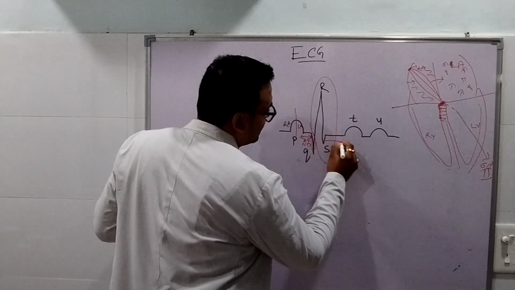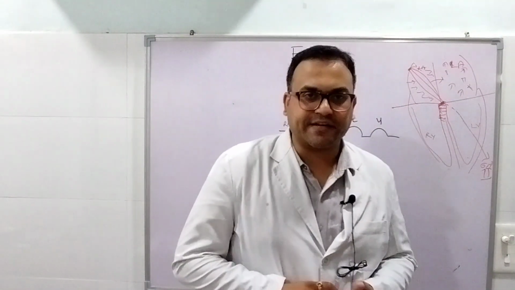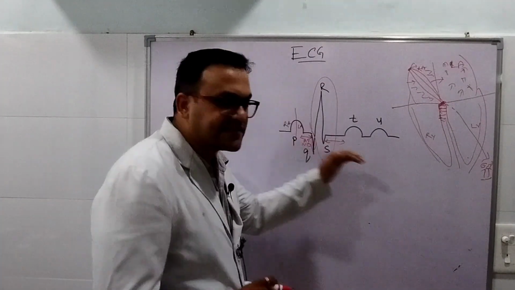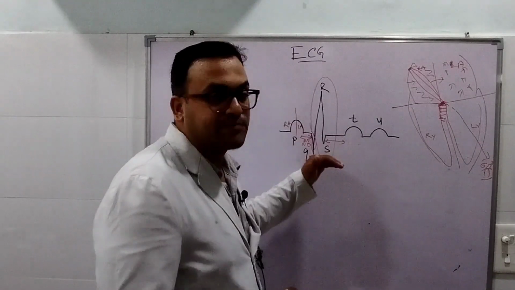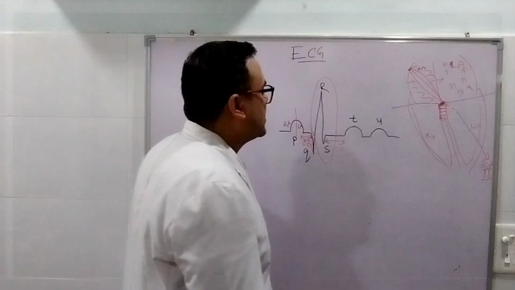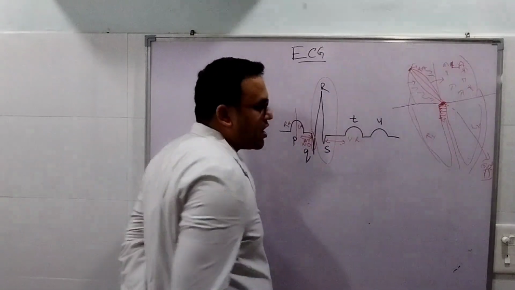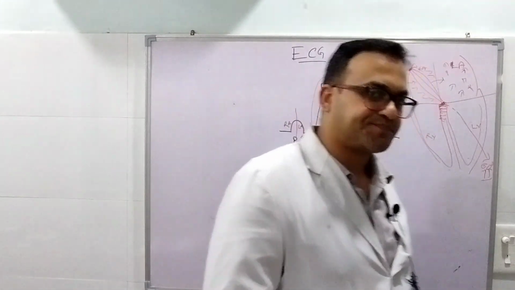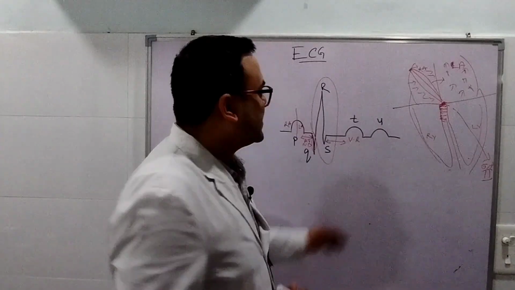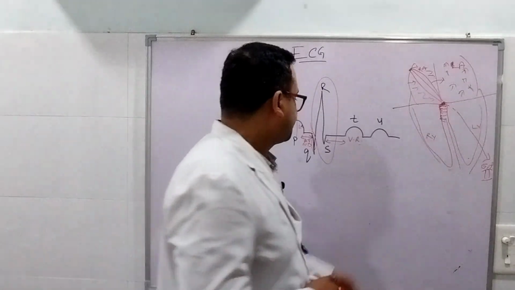The ST segment, in this ST segment the ventricles are maximally activated. There is a maximum contraction which is happening in this ST segment. This is a very important segment. And then when the ventricles relax, we get a T wave. This is the ventricular relaxation or repolarization. Sometimes we also can get a U wave, but that is not always present in ECG. If there is a lot of bradycardia, then we can get U waves.